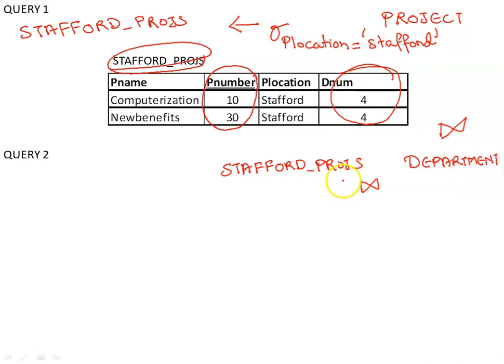The join attribute would be dnum from Stafford projects, and dnumber from department, and I store this in a temporary relation called controlling departments.